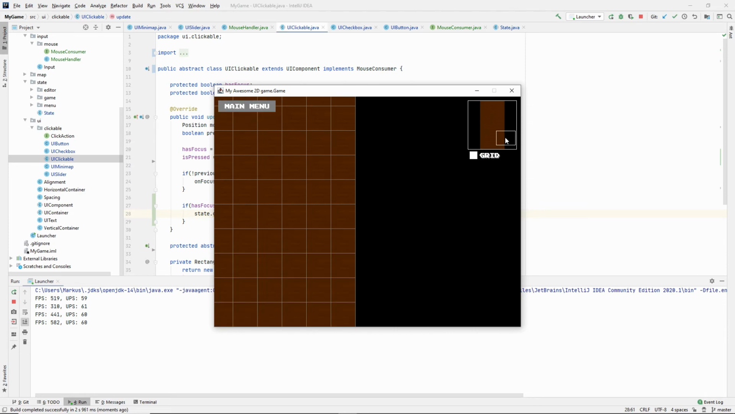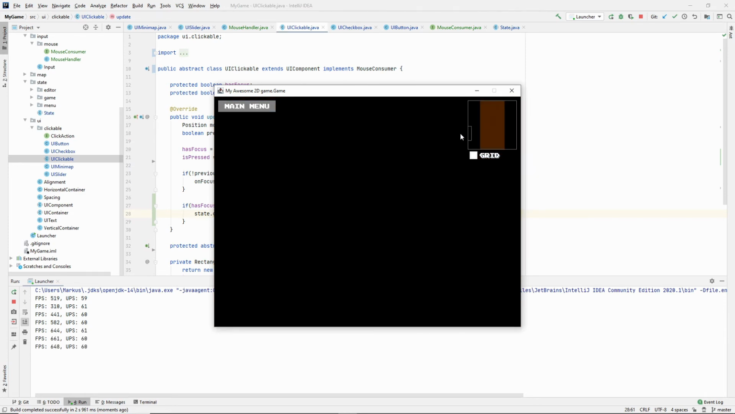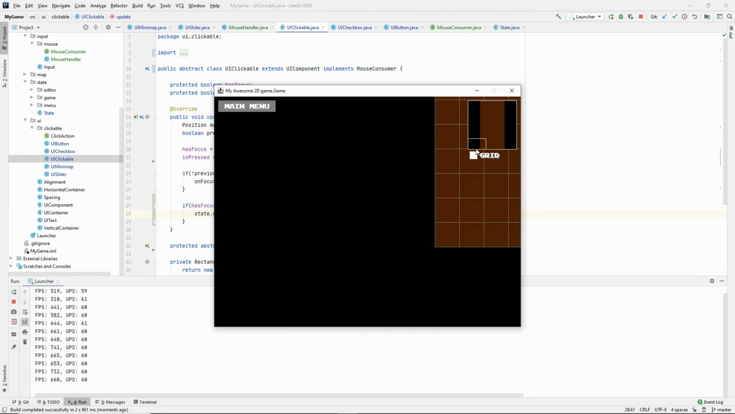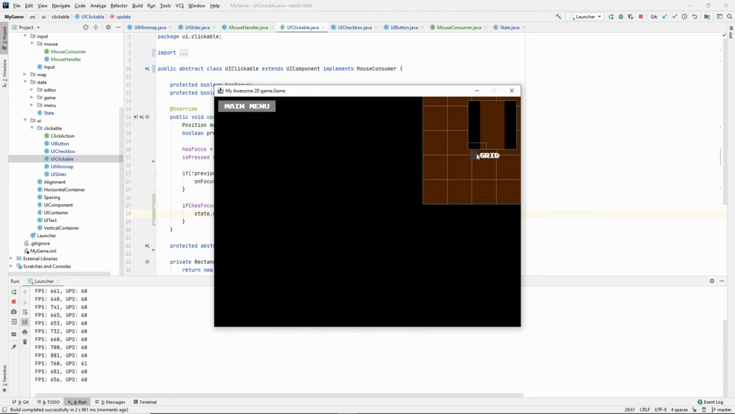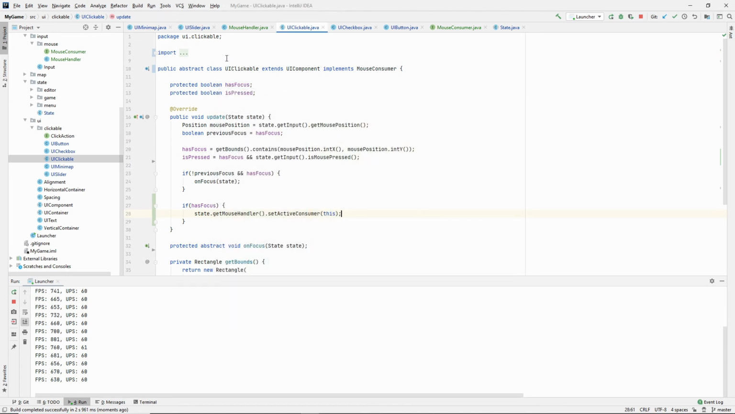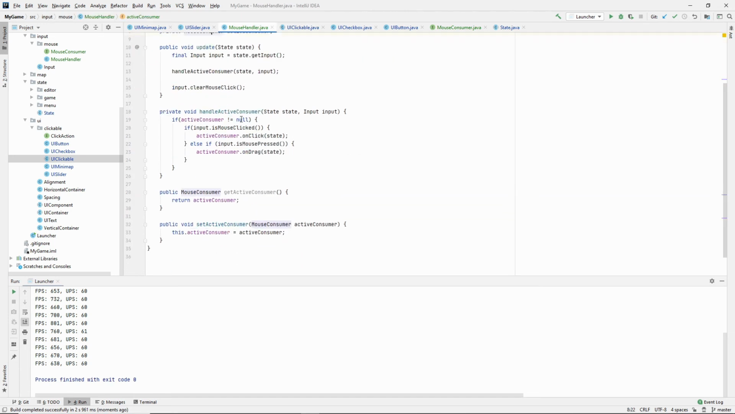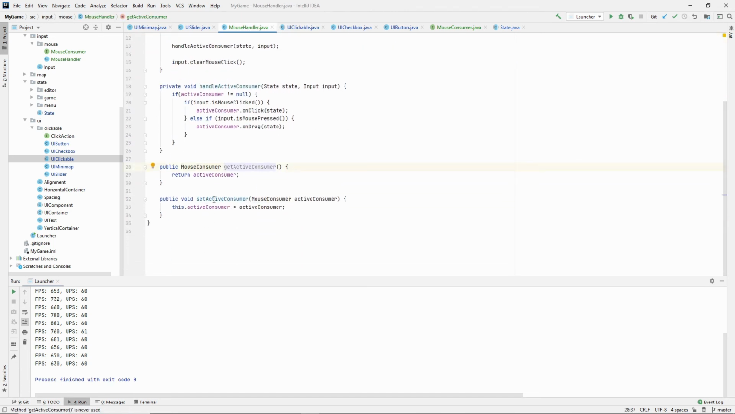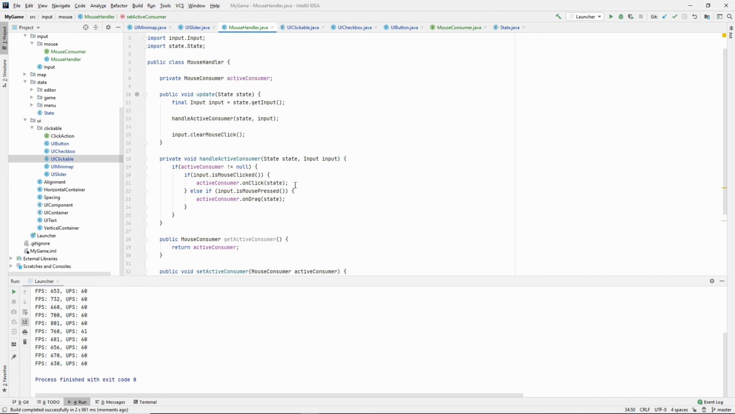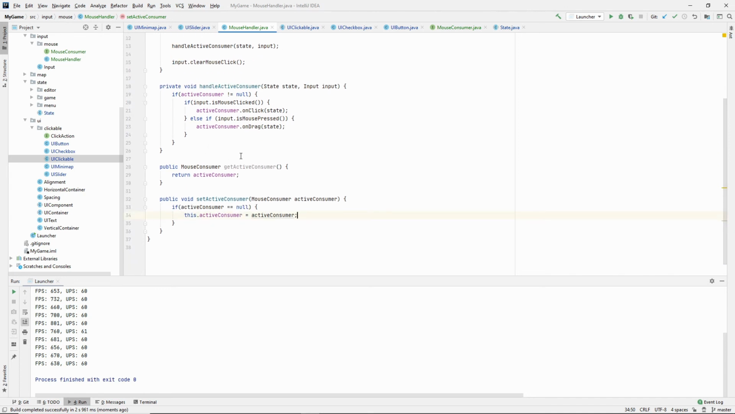So as it seems, this is still working, and this actually comes with, yeah, see here, I don't want this component to take over the active consumer, but we can actually fix that. So when we go into the MouseHandler and we set the active consumer, let's only do that if the active consumer is null. But that means we need to set it to null at some point. And that is, let's see,